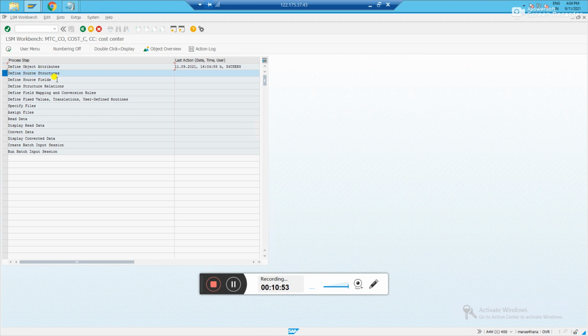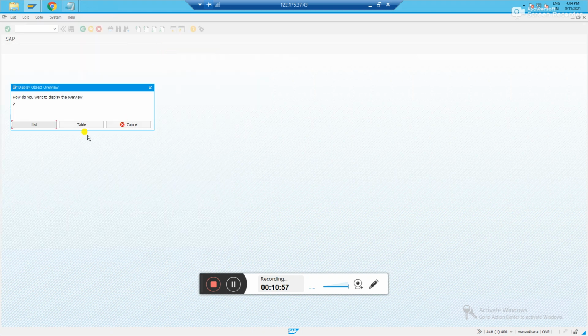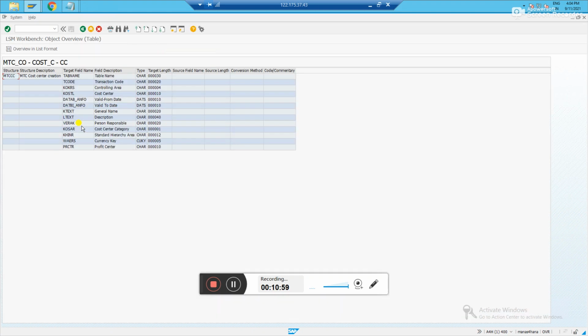Before we go to the second step, you just click on object overview, click on table. So you see what fields we have defaulted while creating a cost center. Those fields we can see here. You just copy and paste them in an Excel file and save in text tab delimited format, so that we can give the system these fields to consider.